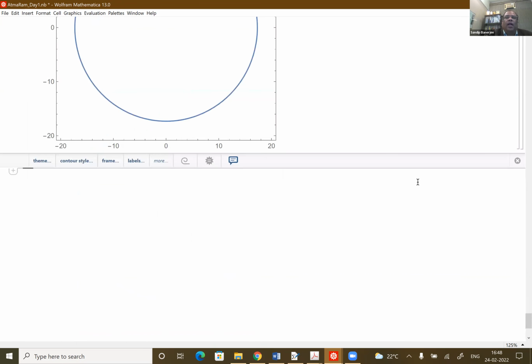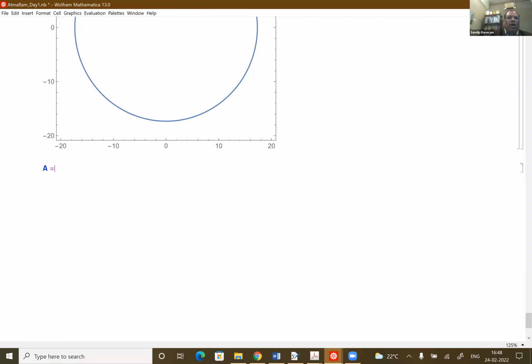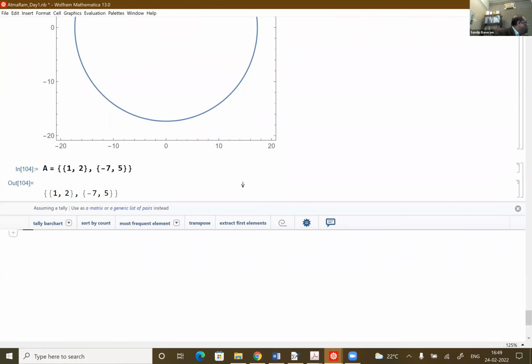Okay, let's now move to matrices. How will you type a matrix? You write A equal to, say, 1, 2, minus 7, 5, and then again put it in a curly bracket. So this is a matrix